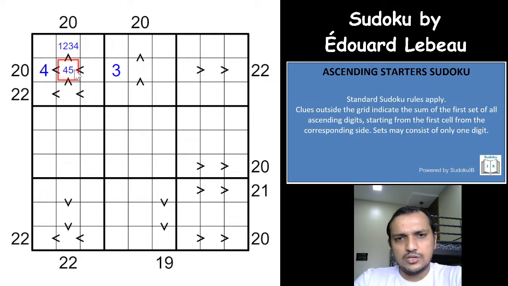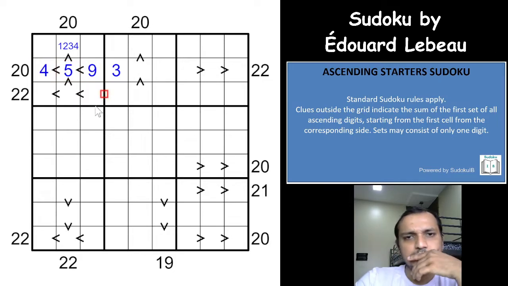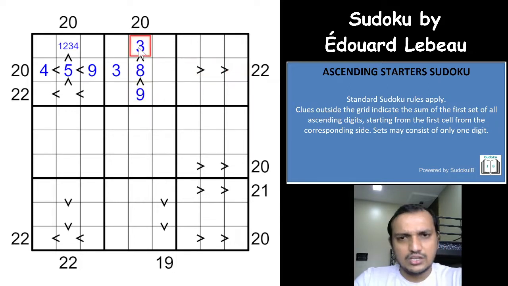The only possibility is 4, 5 and 9. One, 2, 3, 7, 8 and 9. Right? So this would have to be 8 and 9, and this again would have to be 3 for the 20 sum. Okay, so 3 is not possible here,